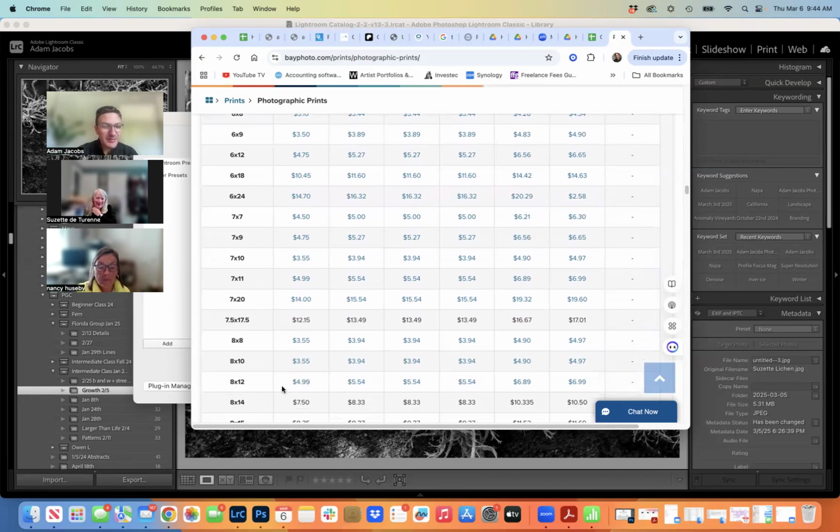If you deviate from those, rather than this suddenly being a $5 print, it's going to be like a $12 print for basically the same thing because they have to custom make a piece of paper. They have to custom cut it. It's just a lot more labor. So, if you want to get familiar with what the industry standard is in terms of sizes, not only could you go to bayphoto.com and have a look, that's a good resource,